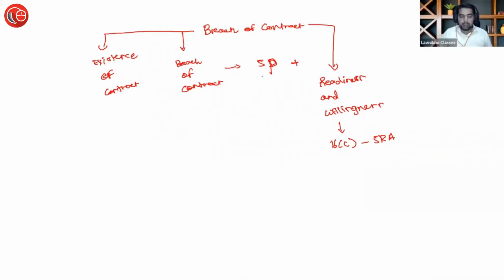Now the second term that we will understand is parties. In a civil procedure, in a civil suit or in civil proceedings, it is not necessary that it is a suit, it could be a civil writ also. Who are the parties? Ideally in civil proceedings, the parties are two. One is the plaintiff: the party which is filing the plaint is known as the plaintiff. And the party which is defending is known as the defendant.